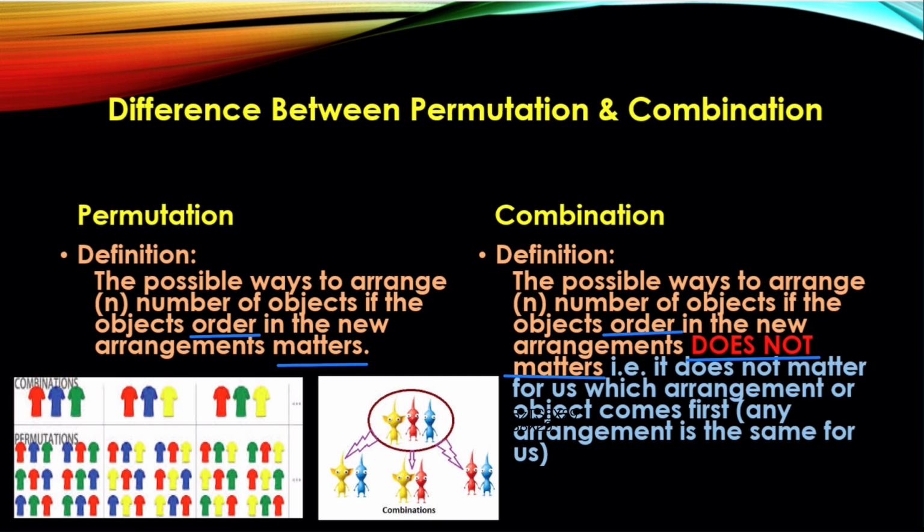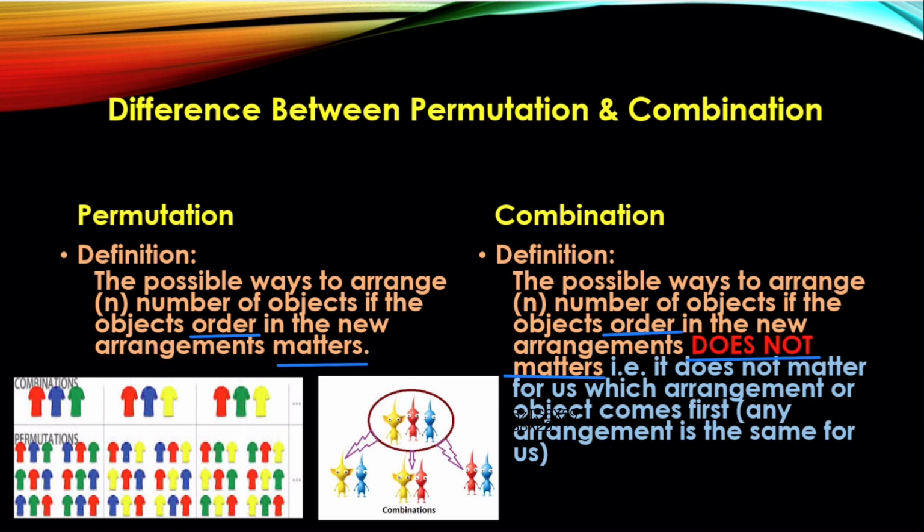So if the order doesn't matter, it is combination. And I'll have only this one arrangement because I can switch between them. I can swap the green in the place of the red, the blue in the place of the green, or the red in the place of the blue. It doesn't matter. So it would be one arrangement only, because the order between these objects doesn't matter. But if it is